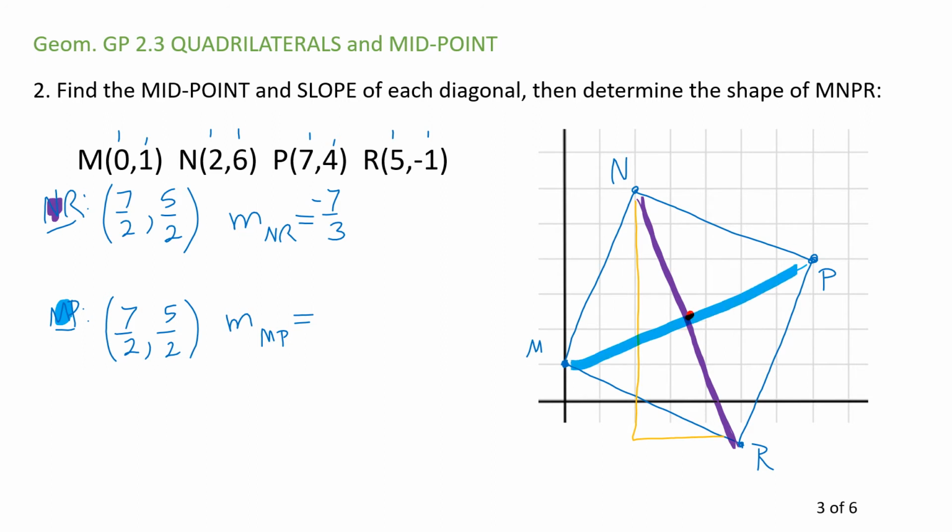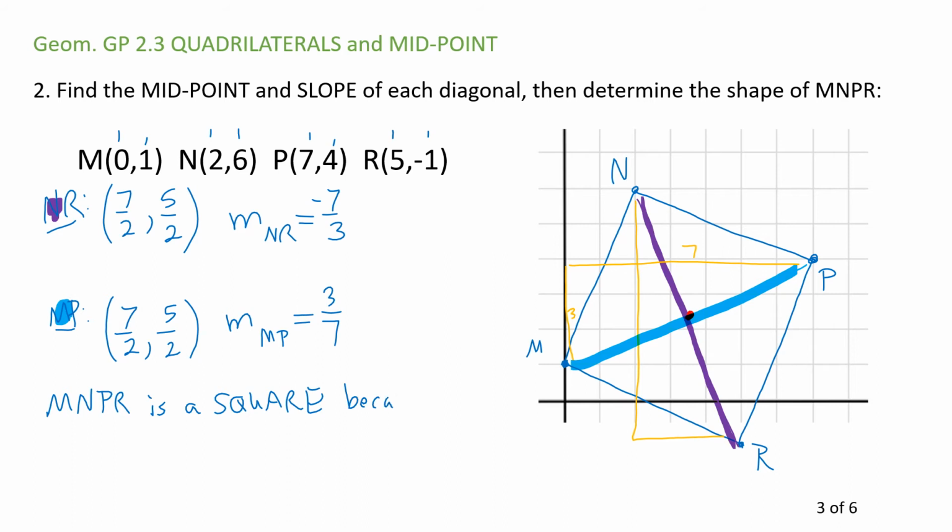And so for the slope of this one, again, I'm going to do a slope triangle. It's going to get a little confusing, but up 3 over 7. It has a rise of 3 and a run of 7. That's 3 over 7. And as you can see, these are perpendicular. So my conclusion is this really is a square. And the conclusion is MNPR is indeed a square